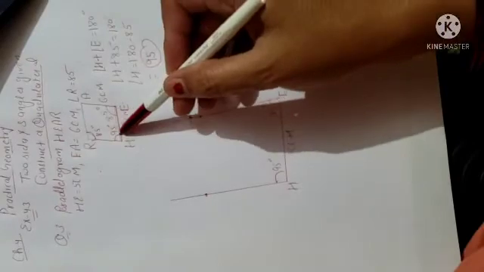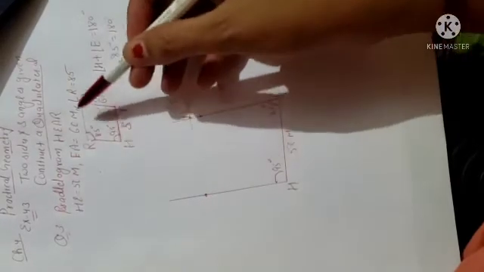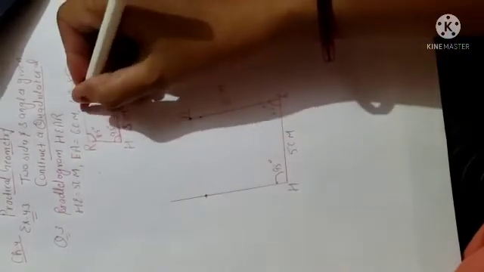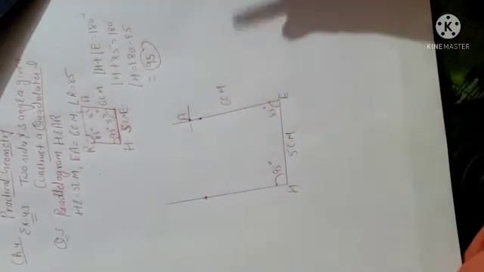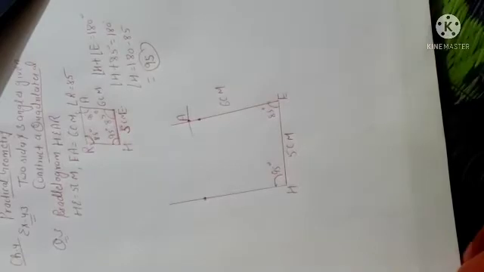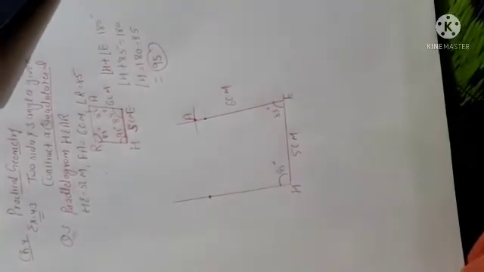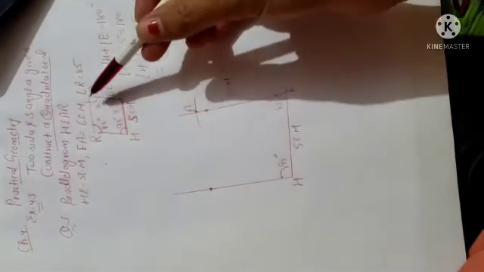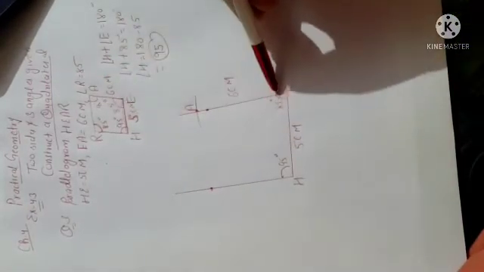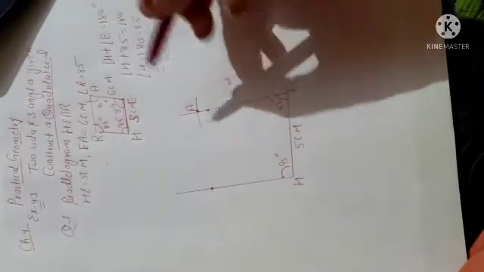Otherwise what will you do, beta? And this one angle H is given 95. So what will be the angle A? Angle A will be opposite of H angle, so it will be also 95, because in the properties of parallelogram, okay, opposite angles will be equal, opposite sides will be equal. Okay, so if this one is 95, so this one will be also 95. If this one is 85, so this one will be also 85. Clear?